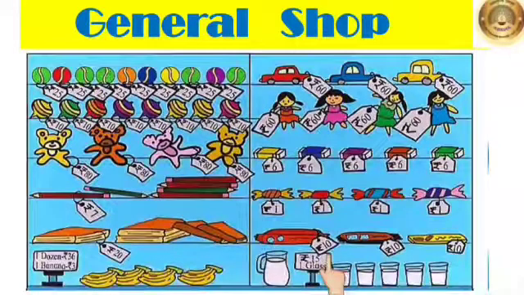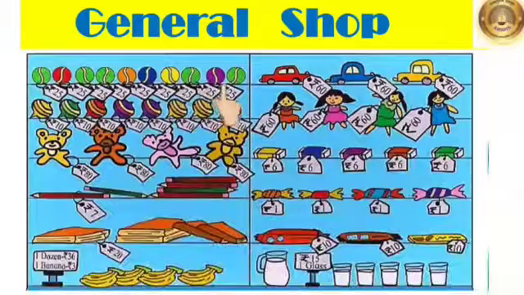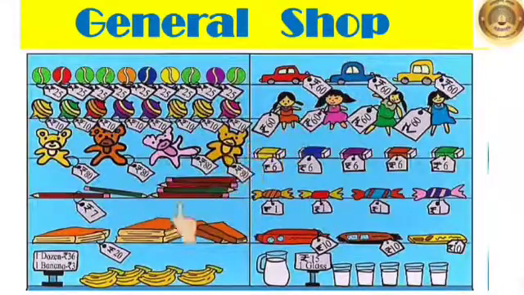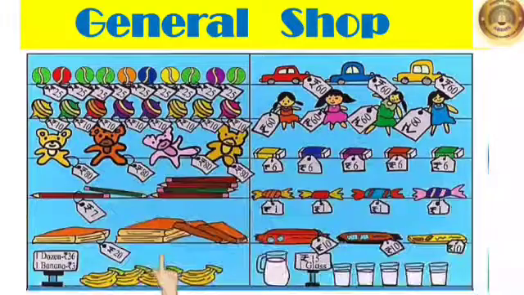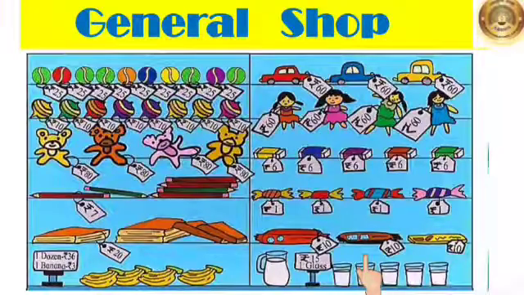Children, look at our shop. Here we are having a general shop. Here we are having different types of things for sale: ball, car, dolls, teddy bear. Even we are having bananas and milk. Here we pick up whatever we need and calculate their total price. Before leaving the shop, we place the amount in the box for money.